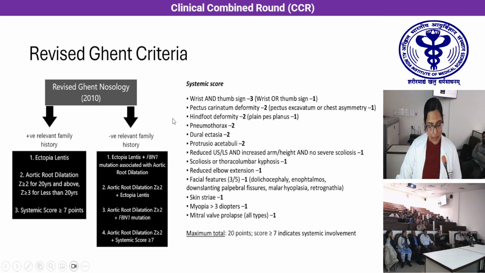The diagnosis is made on the basis of revised Ghent criteria, which includes two categories, one with positive family history and the other with a negative family history. In patients with positive family history, it has to be associated with ectopia lentis or aortic root dilatation or a systemic score of more than 7 points. In patients with negative family history, either ectopia lentis with a FBN1 gene mutation should be present, or aortic root dilatation either associated with ectopia lentis, gene mutation, or systemic score more than 7 should be present. The systemic score consists of 9 skeletal features and other